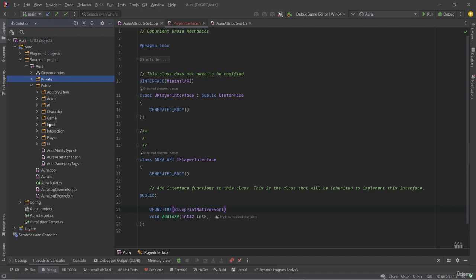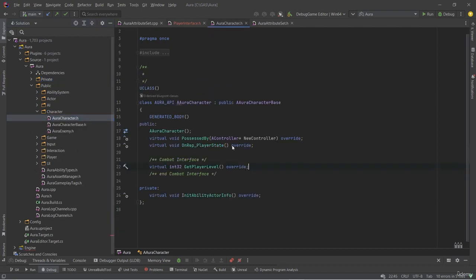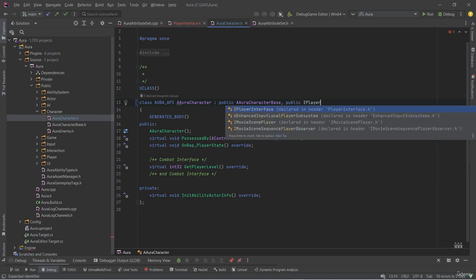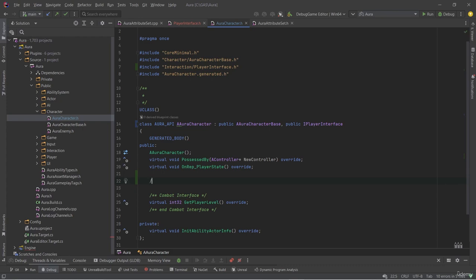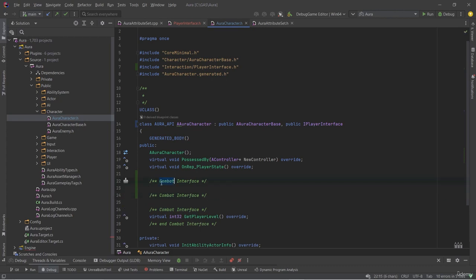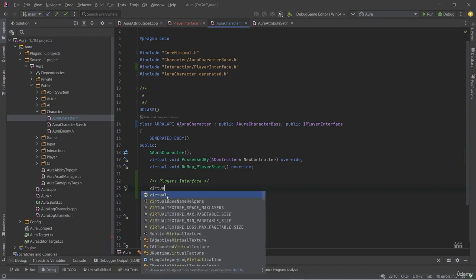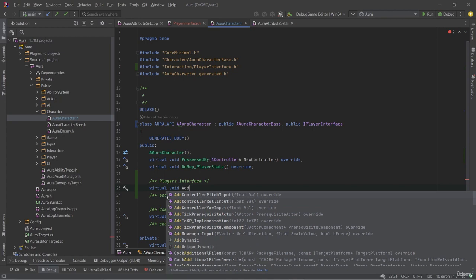And I'd like to implement this interface on Aura specifically and override add to XP implementation. So I'm going to go to the public character folder and open Aura character and inherit from a public I player interface. And we've got that header included automatically there. And we're going to override this function. So I'm going to go ahead and make a multi-line comment here. I'm going to make two of them actually, but this will say player interface instead and end player interface. And we're going to override virtual void add to XP